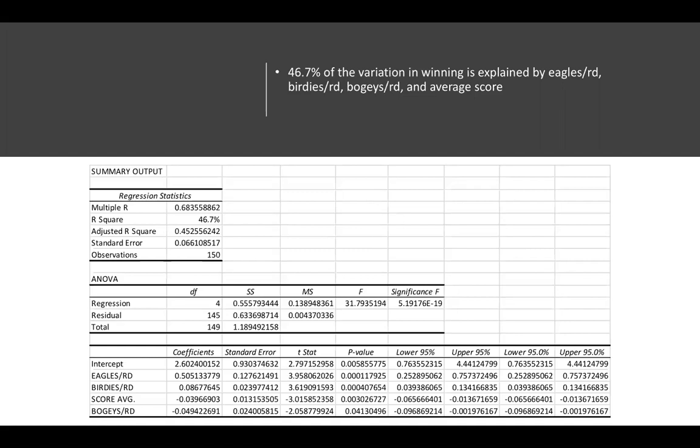But I thought it was going to be a lot higher than that. And I ran a couple other regressions, not multivariable ones, just single variable regressions. And they didn't produce very high R squares as well. So I don't know if that was something with my data or if I had to calculate the weighting data differently for each thing, but I'm not sure. So a little upset with the low R square, but I'll take it.